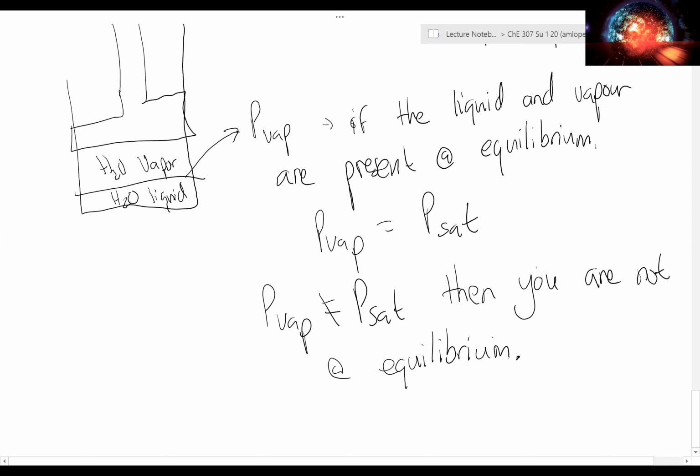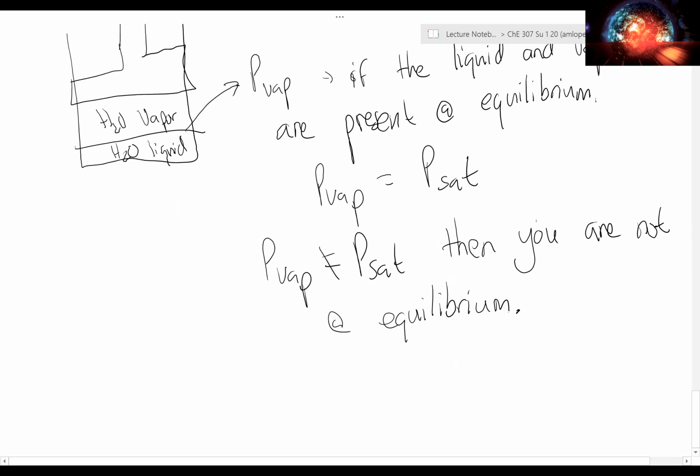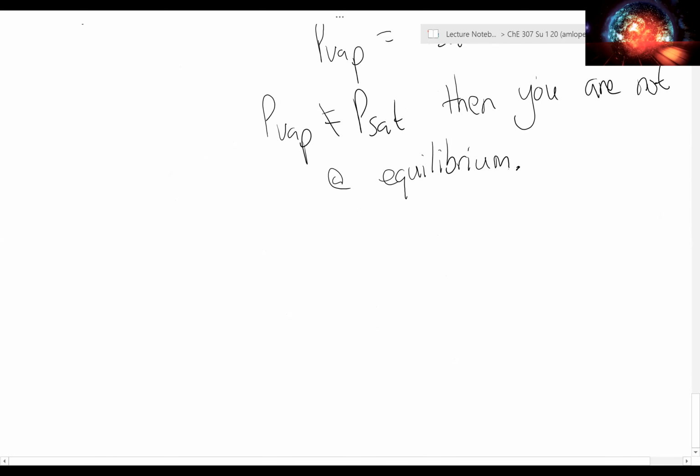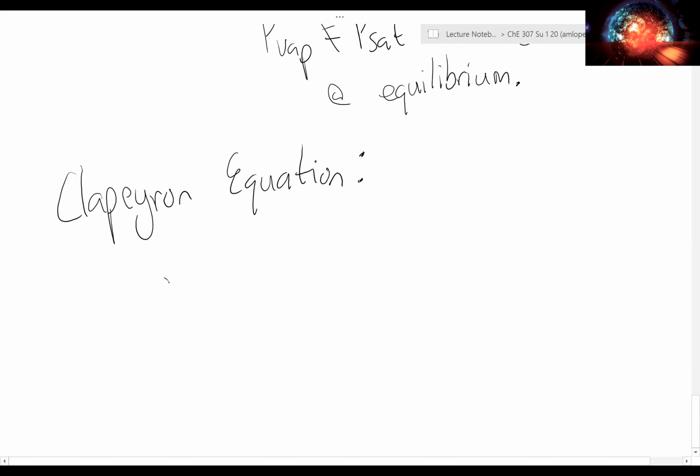That's part of why that question earlier was a little tricky, because since both are present and since I said it was equilibrium, that's why these kind of special cases emerge. So then how do we calculate vapor pressure? Well, there's a number of ways in which we can do it. One way is through what's known as the Clapeyron equation, which states the relationship between a vapor pressure, P star,